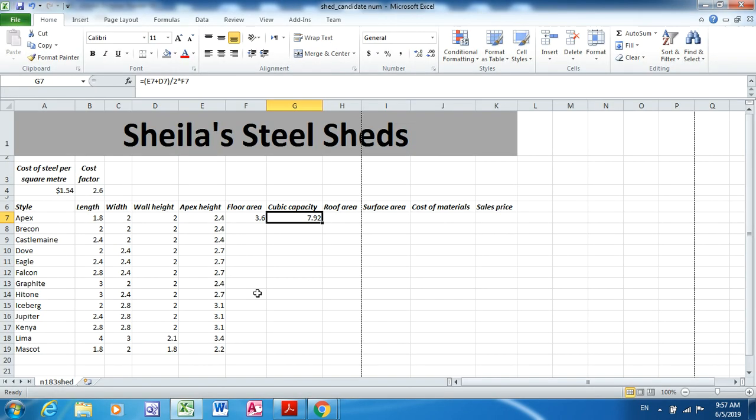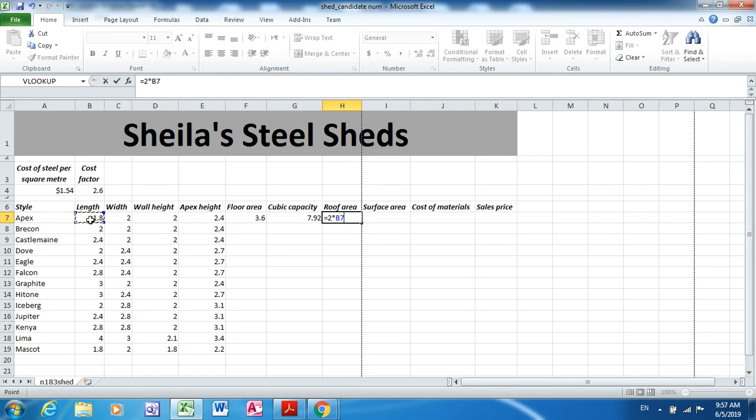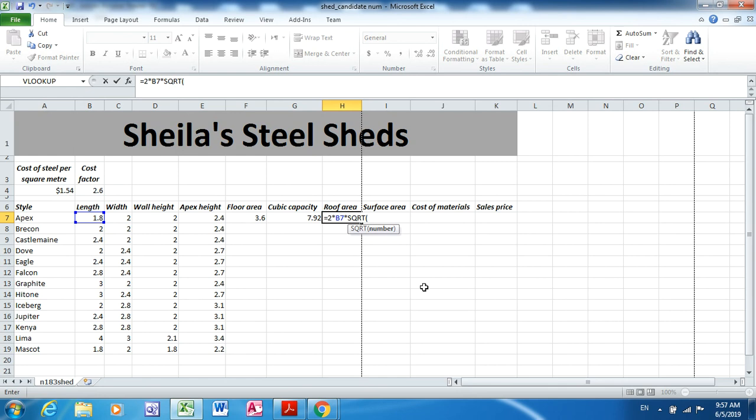Equals 2 multiplied by length multiplied by, then you have to find the square root. So there is a formula SQRT, you can use that formula. You have to find the square root of this entire number. So I'll just close it